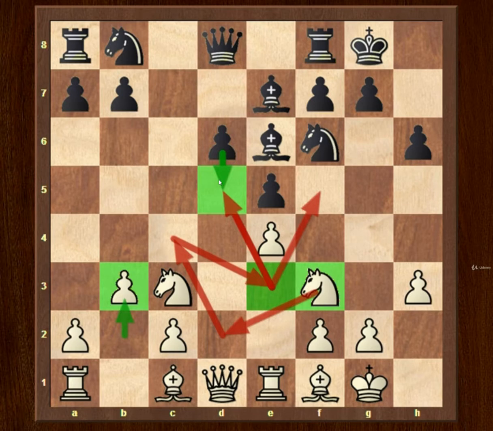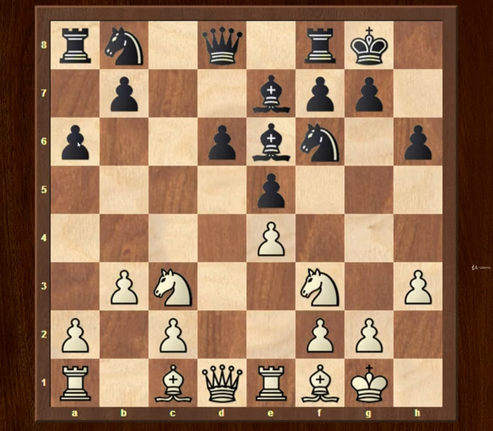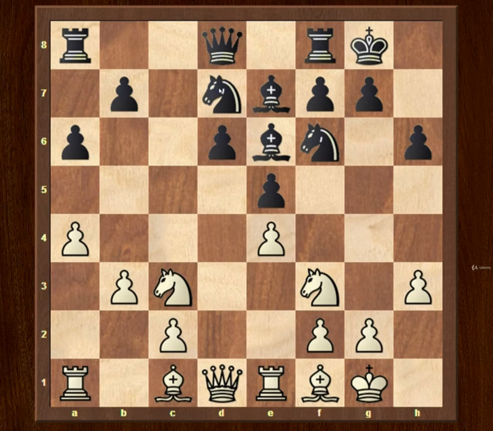So after this b3, the most popular move for black will be to play a6, and this is the best move in this position. And then white will go for a4, which is very logical, gaining space on the queenside. Now black played knight from b to d7. Now we have bishop to b2, fianchettoing his bishop to the b2 square,